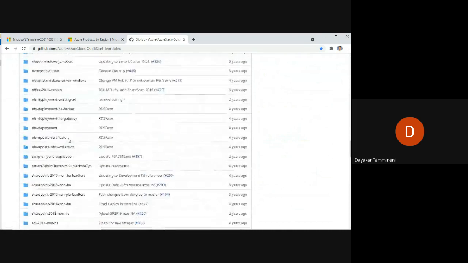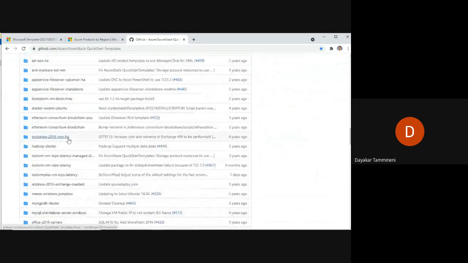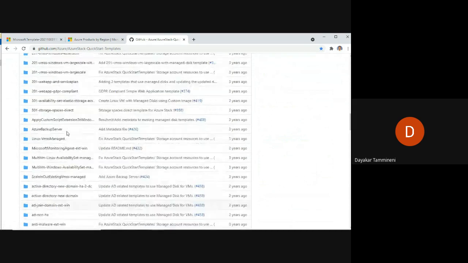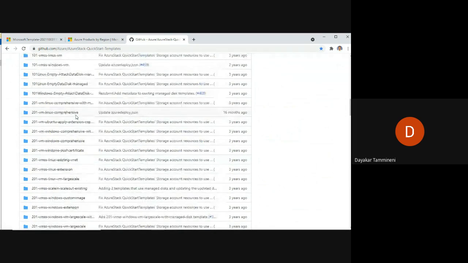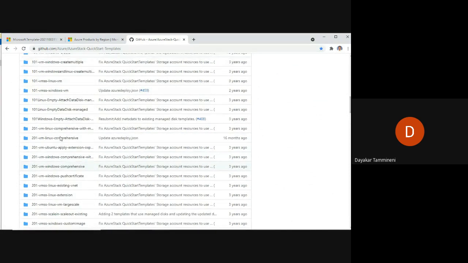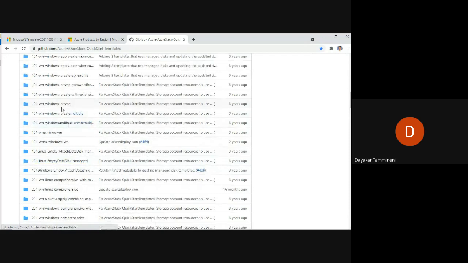Here I will show you one interesting template which we generally use. VM Windows, Create. This is one of the simplest templates we generally use.